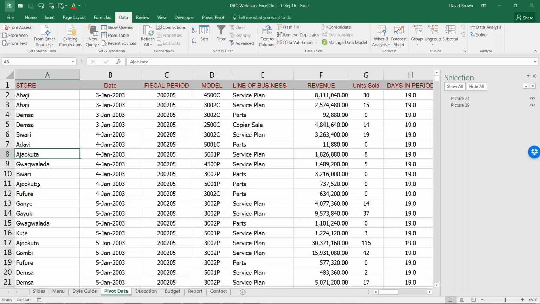So I know that Ajaokuta, I'm not sure, is that in Lagos or is it Ogun State? I'm not sure. Ganye, I have no idea. Somewhere in the north. Gombe, maybe it's in Gombe, who knows? So how do I create a report by state? I want to create a report, Kano, Abuja. Any ideas? Can we all go to the chat or go to the question box and type your suggestions? What do you think? How do you create a report by state?